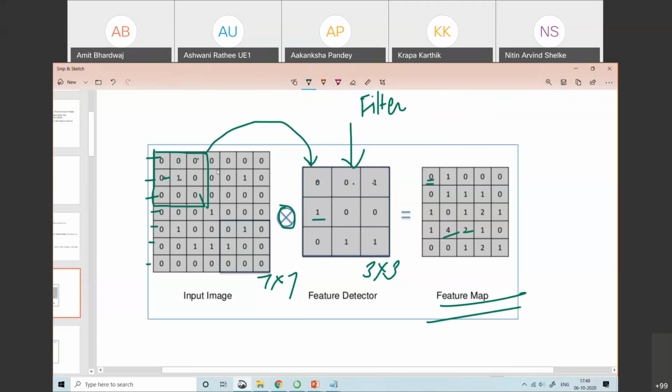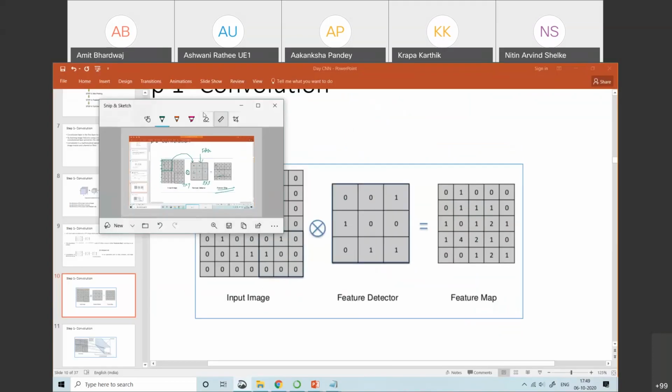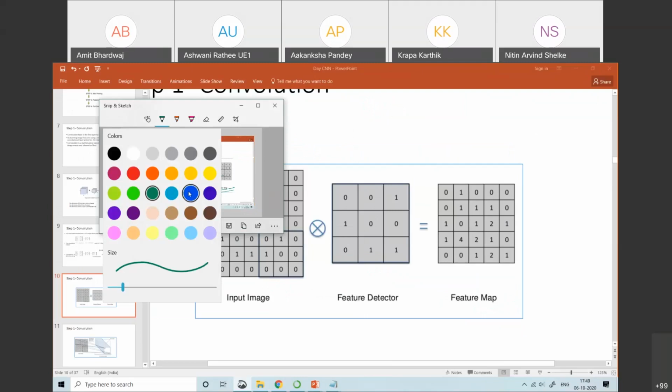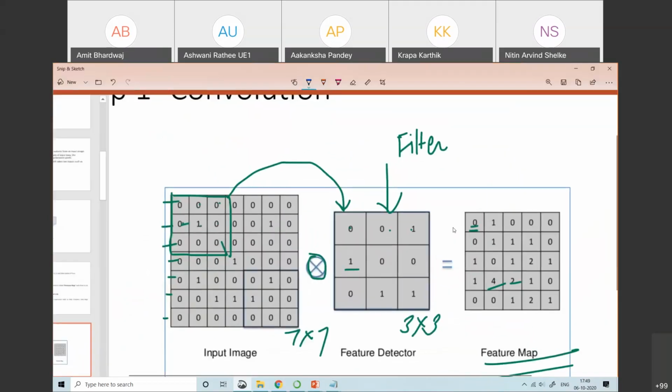Now next we shift to this matrix. You need to observe carefully. Once again 0, 0, 0, 0, then 0, 1, no common. Now in this case there is one common over here. Observe this one and this one. One common is there, so I'm writing 1 over here. Likewise you have to proceed for the others.